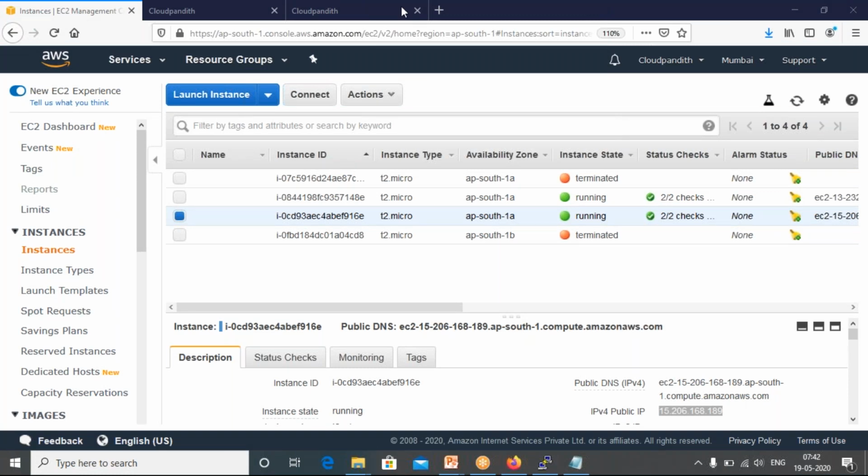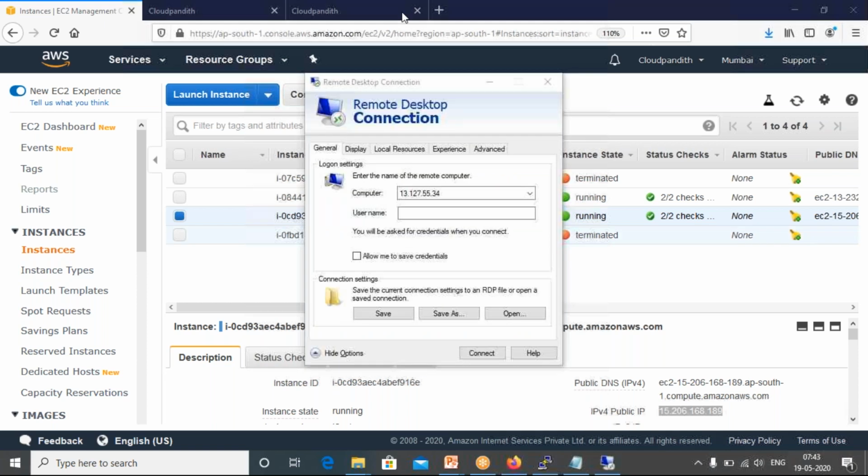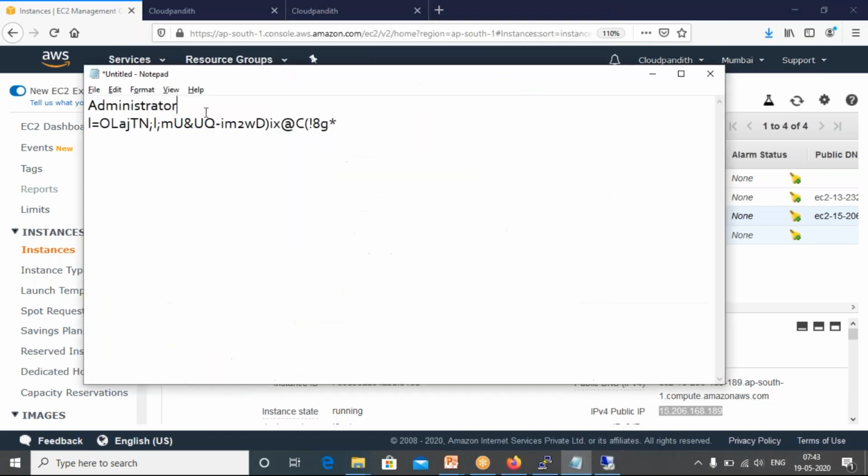I hope everybody knows how to connect to it, right? So friends, you just have to give the IP here and the username here. What is the username? If you remember, this is the username. Take it and put this name here and click connect.